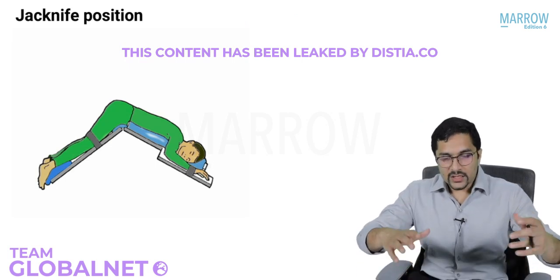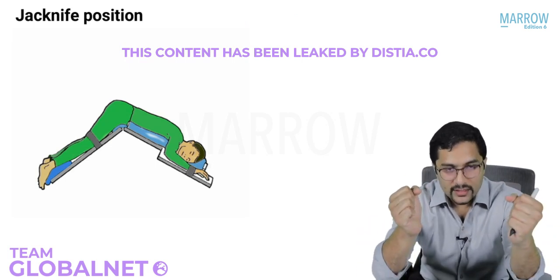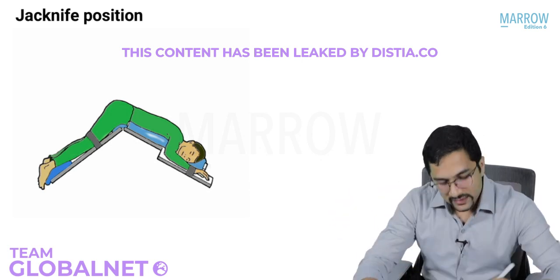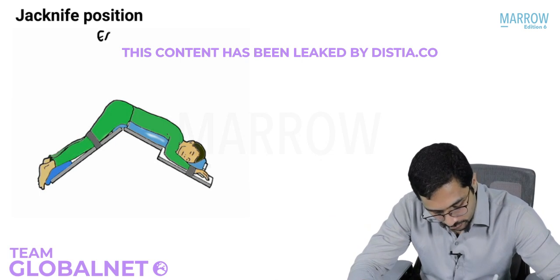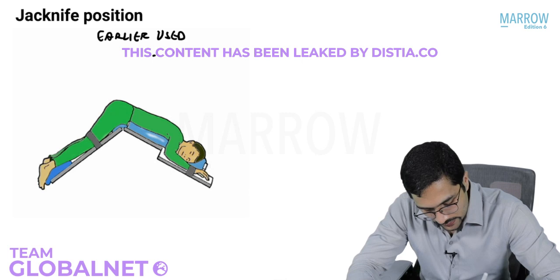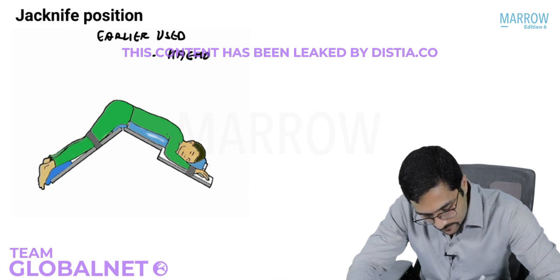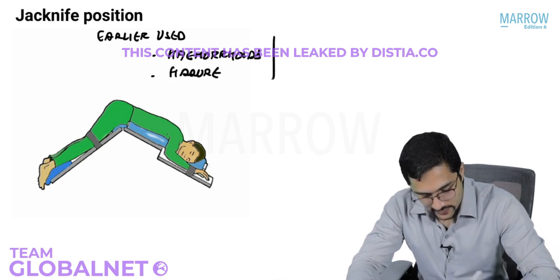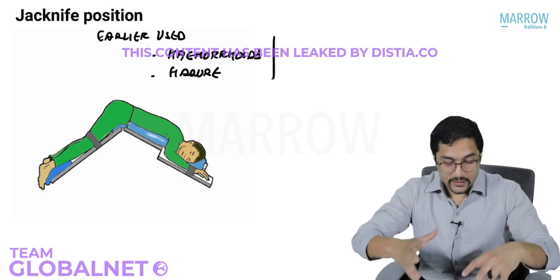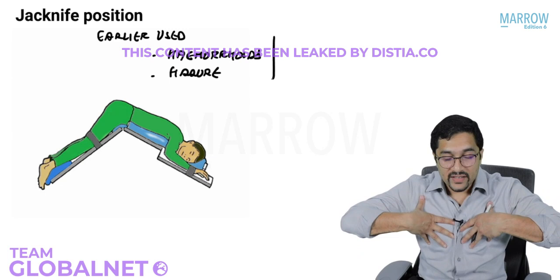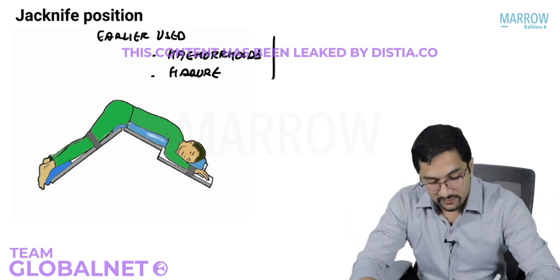Now the jackknife position, you can see that the patient is in the knee elbow kind of position, right? You can see how the patient is lying. And this position was earlier used for hemorrhoids, fissures, surgery in the past. But the problem is, you can see in the position that the patient's chest is getting compressed, and when the chest gets compressed, there's not proper ventilation.